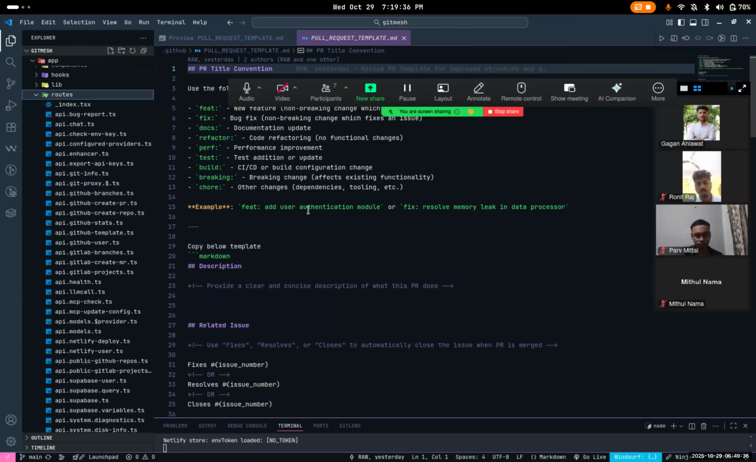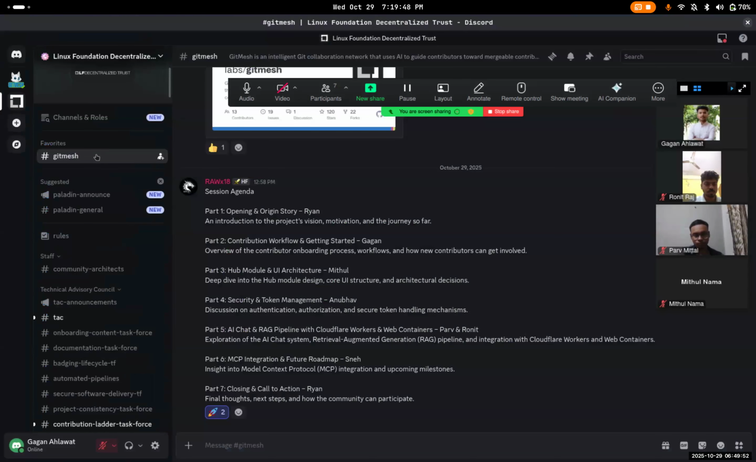So now you can fork, clone, and start contributing to GitMesh. To connect with other contributors, join the LFDT Discord server. This is the official LFDT Discord server, and here's the GitMesh channel. You can join it, and we also host weekly dev calls. You can register on the link we'll provide in the chat. Thank you. Now that we have seen how to get GitMesh running locally, let's dive deeper into how code modules and UI